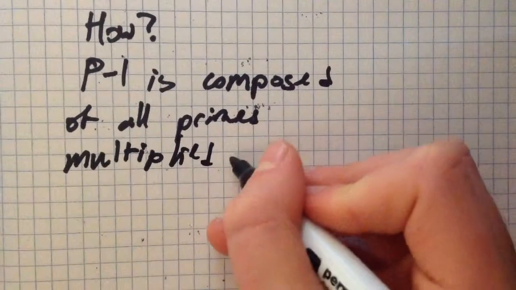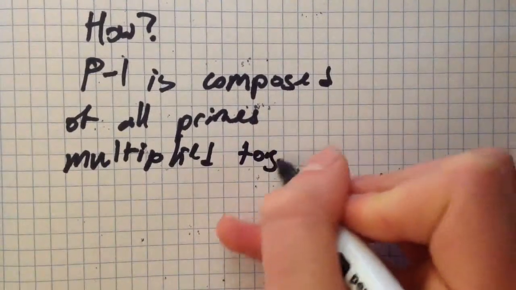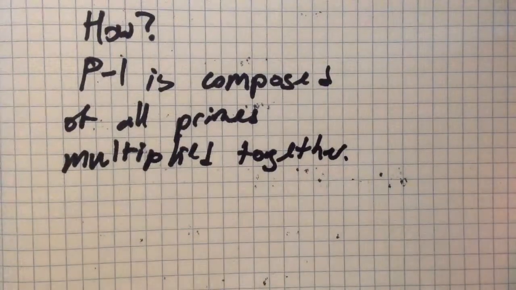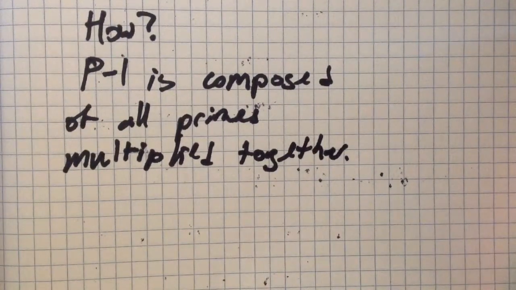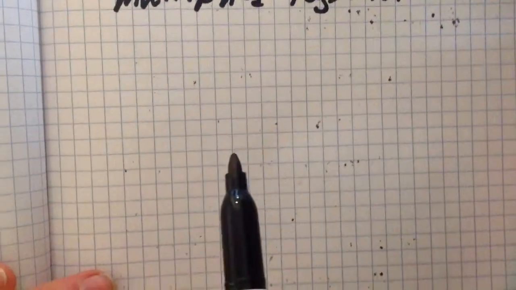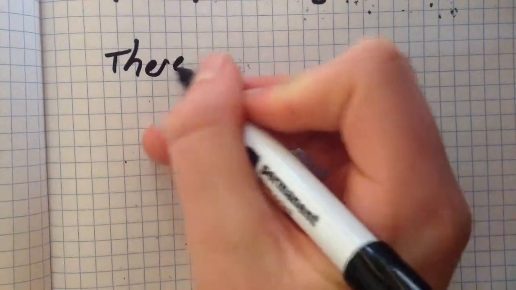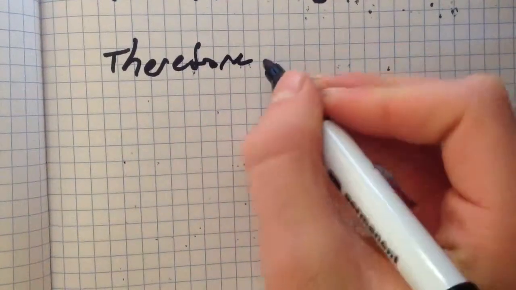So, all primes multiplied together, this means that every prime goes into it. Every prime is a factor. So, as we can see, that means that P is not divisible by them. But it can't be. So, therefore we can conclude